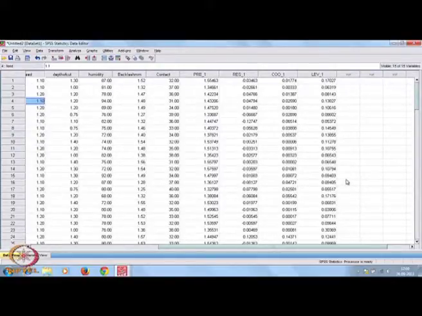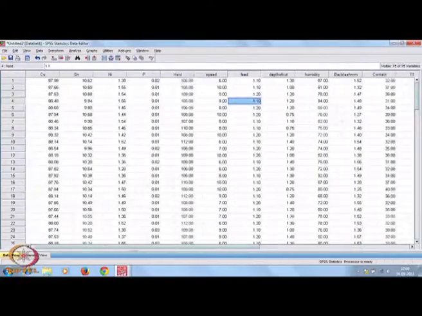Getting me? So, SPSS will give you the output as a data vector. Every output gets stored into this spreadsheet and can be used later on. Okay.